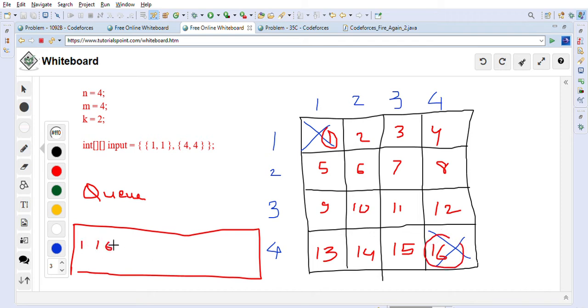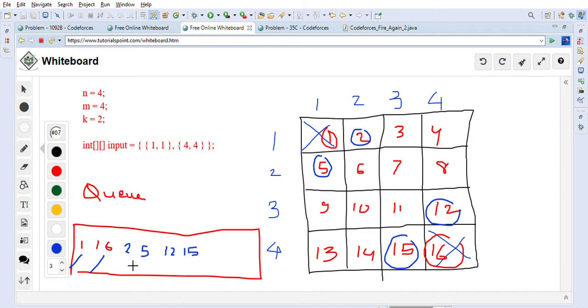After that, we will take out 1, and then we will put its adjacent trees that will start burning into the queue. For example 2 and 5, right? 2 and 5 we will add into the queue, and then we will take out 16, and we will put 12 and 15, which are its adjacent trees, right? So we will add here 12 and 15.